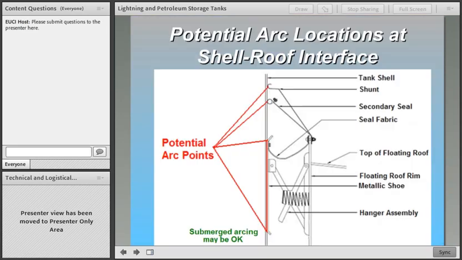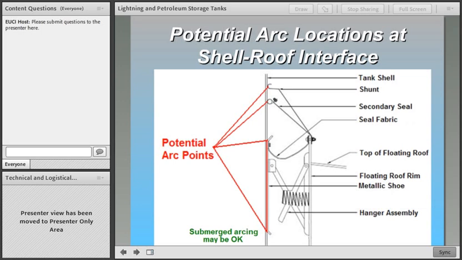I would also like to point out one more thing about this slide, and this is the statement in green, which says submerged arcing may be okay. So, for example, what I mean by that is, let's suppose this is the top of the floating roof. Let's suppose the level of the petroleum product inside the tank is about right here. Well, if arcing occurred down here below the level of the liquid,